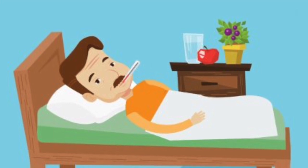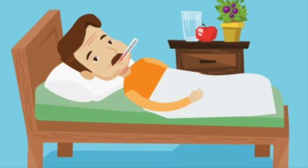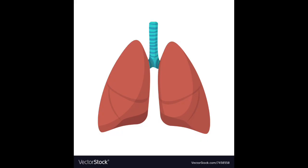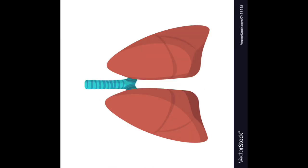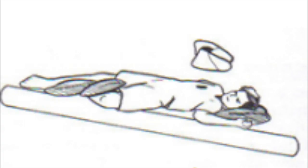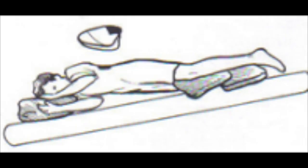When we are sick, conventional wisdom tells us to take it easy, to make sure to rest and minimize exertion when possible. The problem with this is that our lungs rely on gravity and movement to stay healthy. When we change positions, we are able to recruit different parts of our lungs, expanding them to involve them in breathing. Position change strategies have long been used by medical professionals to treat very sick patients in the acute care